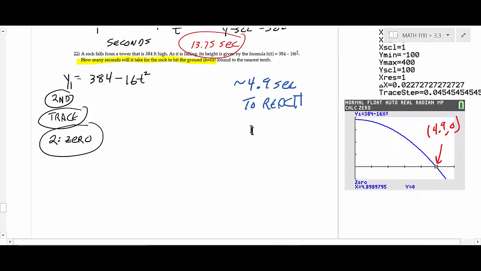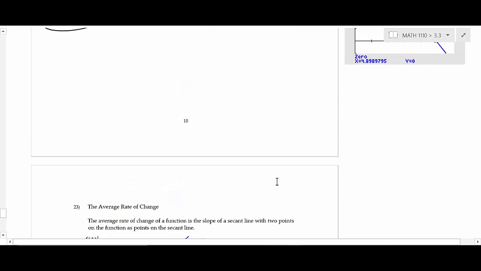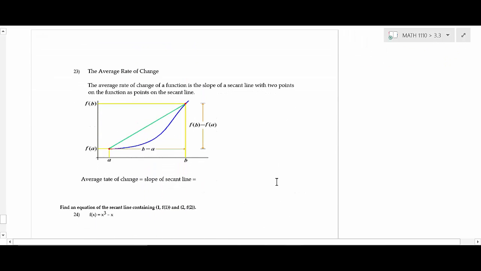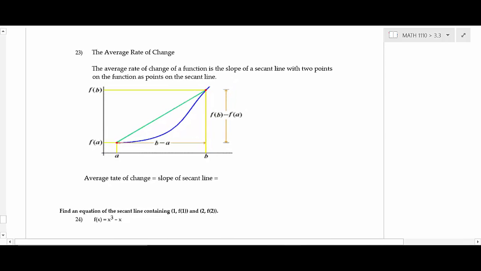Okay, so the last thing I want to look at on here, we want to work a little bit with average rate of change, and this will be kind of the last thing that we're going to have in this section. So we haven't talked about this yet. What you end up getting on average rate of change is basically the average rate of change is the slope of a secant line. And a secant line just means there's 2 points